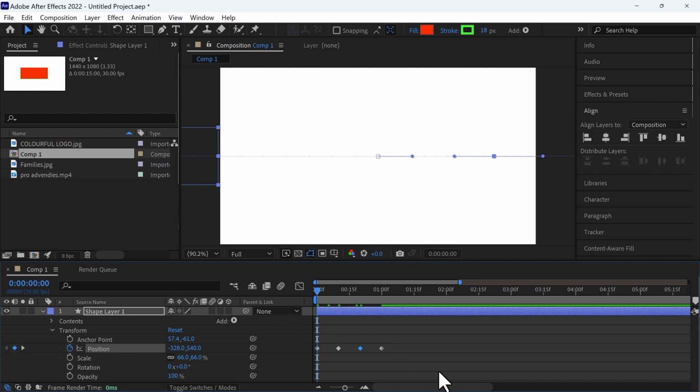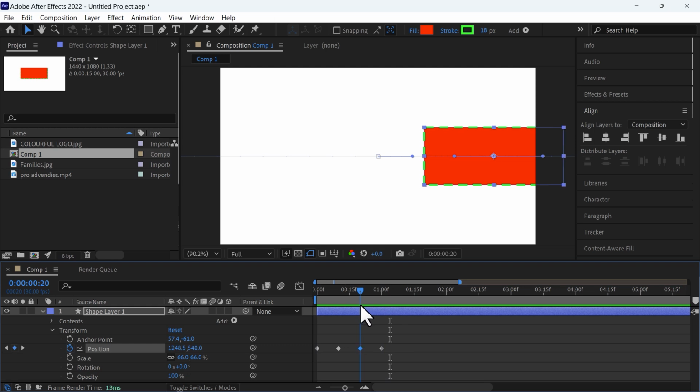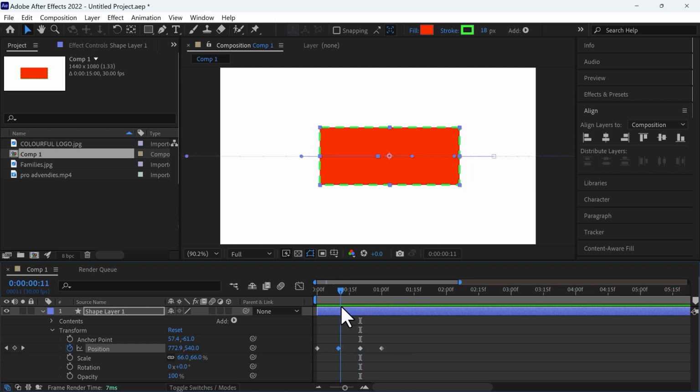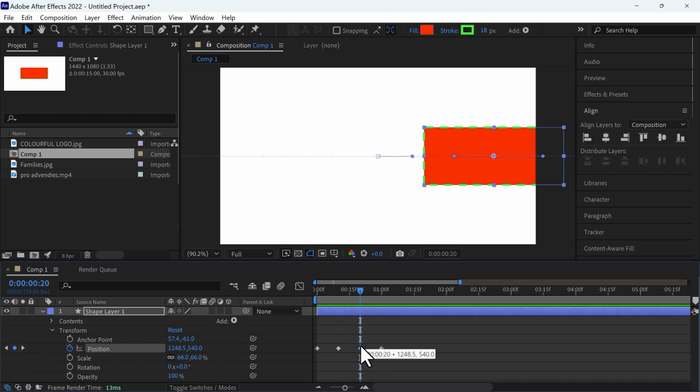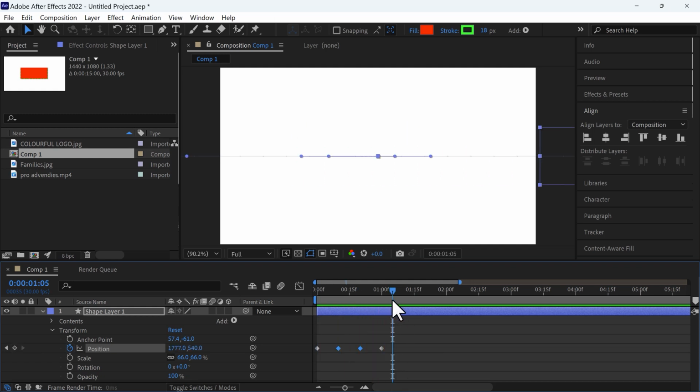And now when you play, nothing changes, right? So what we are going to do is copy this keyframe here. This keyframe here represents this position here. So we will copy this keyframe and we will paste it here. We will just select this keyframe and press Ctrl V. So after pasting our keyframe, we drag this playhead to the start again and we press the space bar to play. You discover that at this point here,